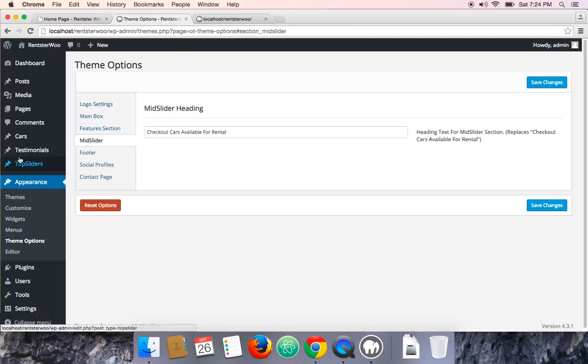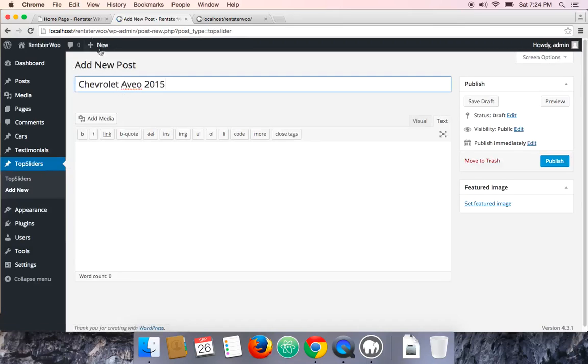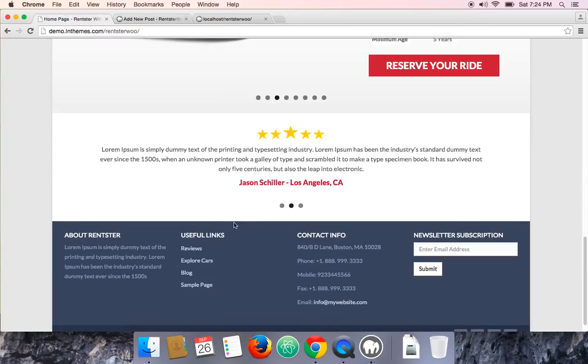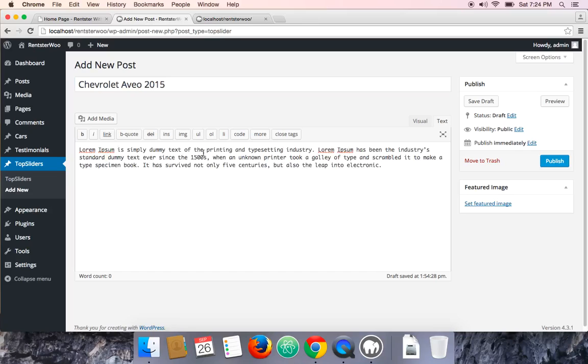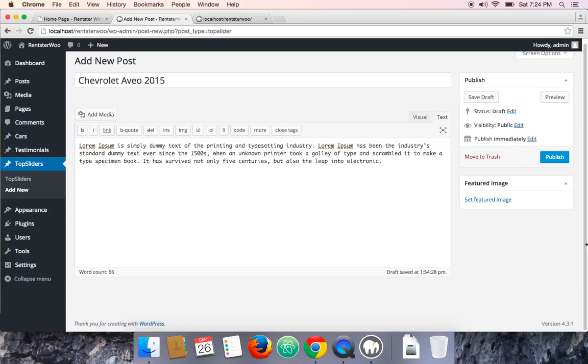Copy that, go back to top sliders again and click add new, and then paste the title over here, and copy this description just for display. I'll just paste it here. You can obviously change this description with your own content. Actually, no, it shouldn't be the top slider, it should be the cars. I'm sorry about that.